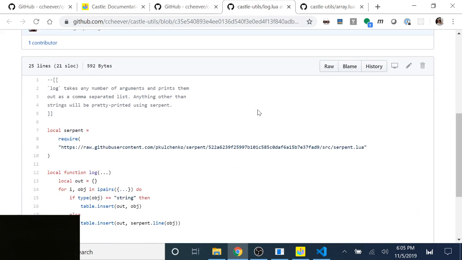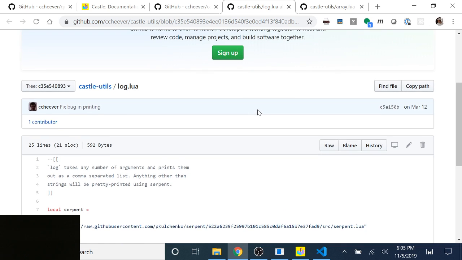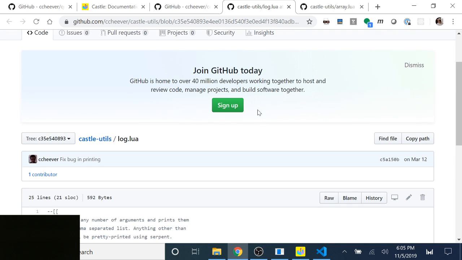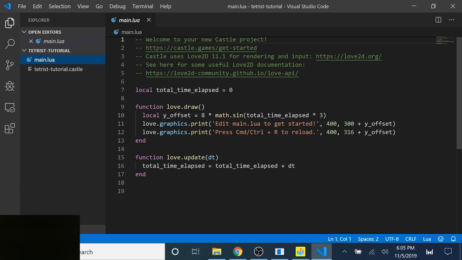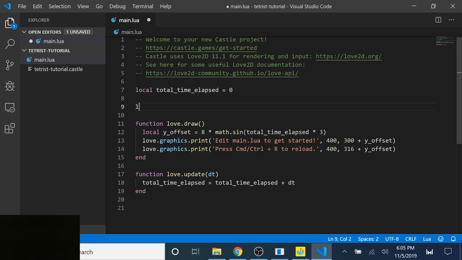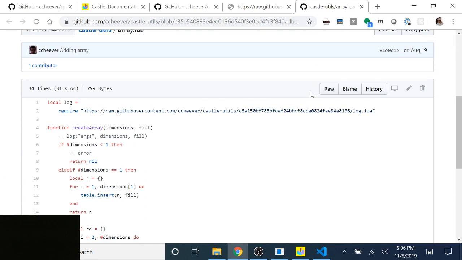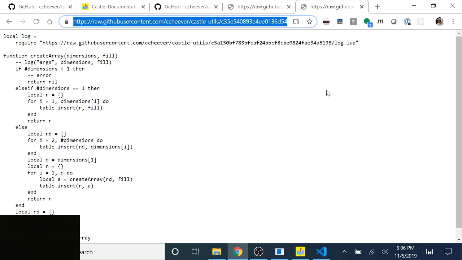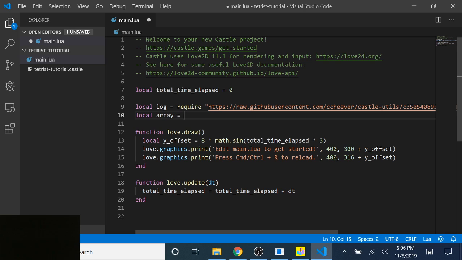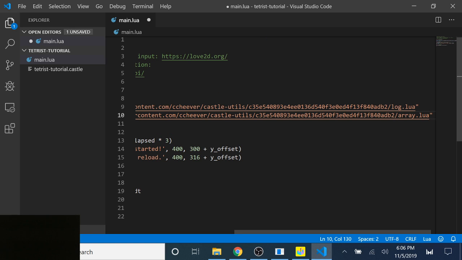All that log does is basically take an arbitrary number of arguments and print them out, and it'll print things like object tables or strings, things like that. So we'll take the raw version of this, copy this, and then we'll load it in here at the top, and we'll say local log equals require this. Cool. And then we also want our array utilities here, because we're going to need those later. I don't need them for a little while, but since we're importing stuff and I know I'm going to use it, I'll pull it in right now. Copy the raw URL here and require this. Okay,